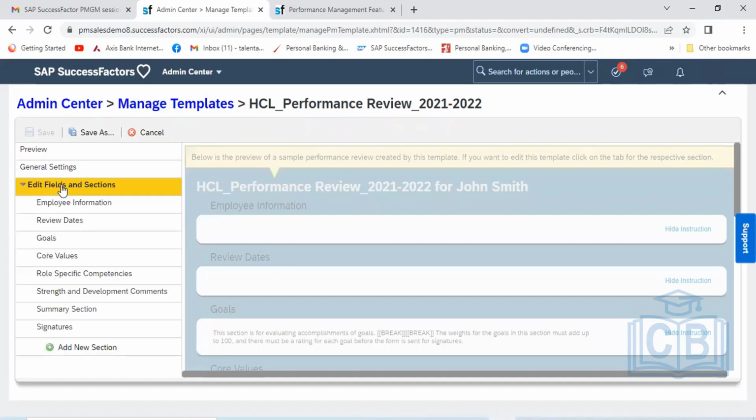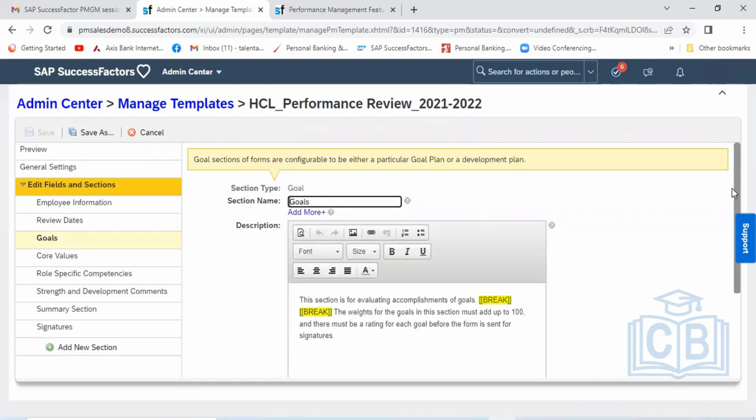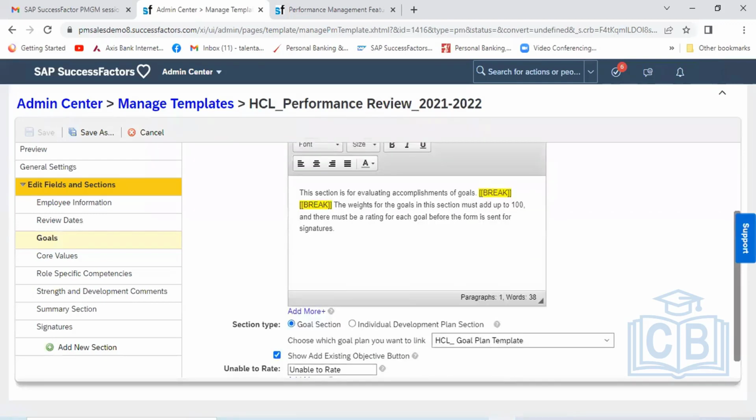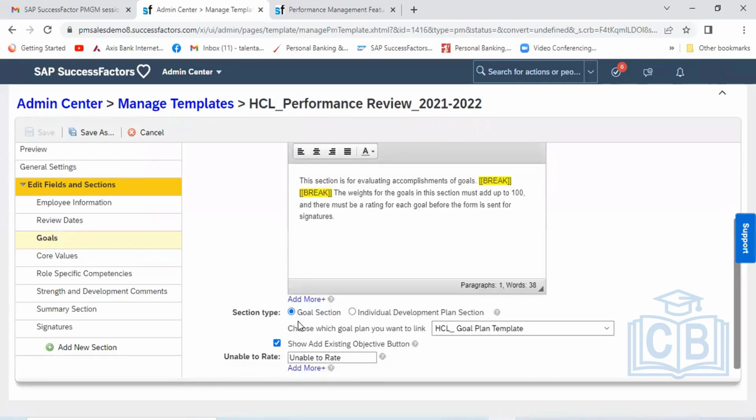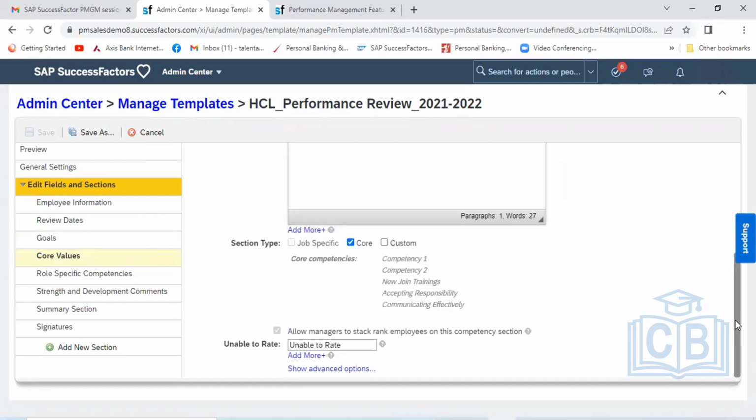and if I go here to edit and fill goals, and scroll down, you can see the section type. Here, in the section type, you are choosing this as core or job specific.